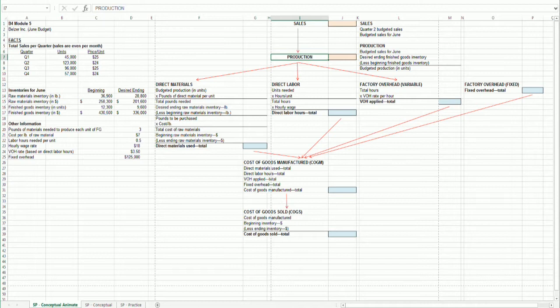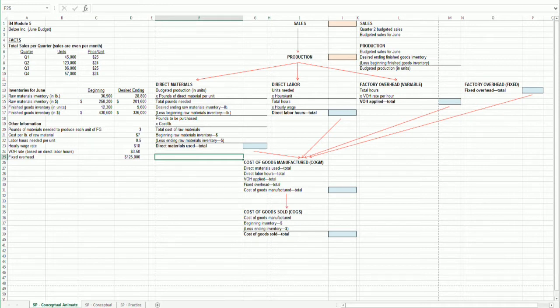Now, what affects production? Well, in order to be able to produce what you want to produce, you need to have enough direct materials to meet those production needs, you need enough direct labor hours, and you need to cover your overhead. And from the fact pattern we just went through, we know we have 4 elements, right? We have direct material cost, direct labor cost, we have a variable piece of overhead for factory overhead, and we have a fixed piece. Now, if you put all of those together, you get cost of goods manufactured. Right? That's the summation of all of those things.